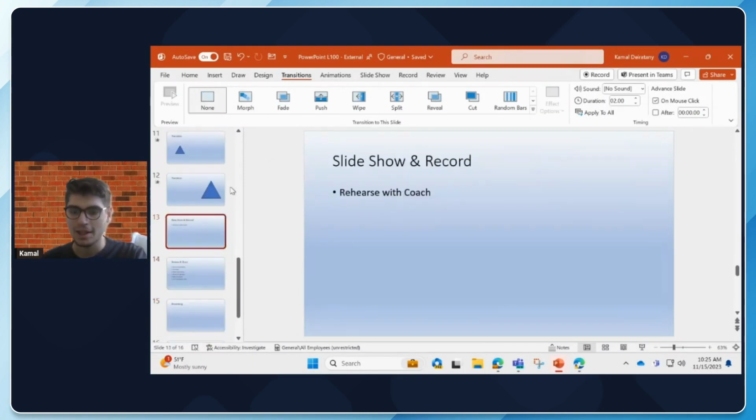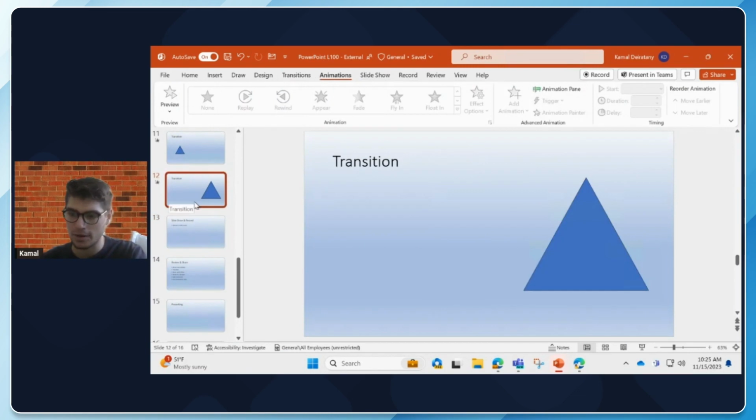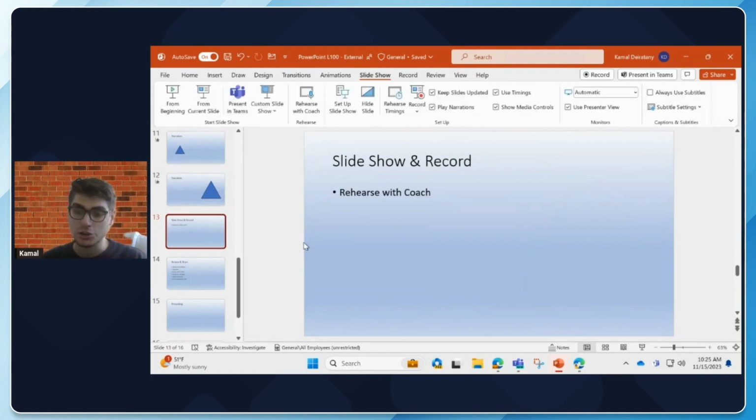All right. And then the next one, animations, I'm going to skip that one. I don't really use it. It's very straightforward, just how the whole slide is going to appear in terms of animation. Slideshow,